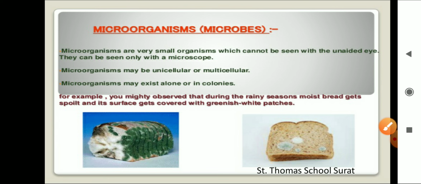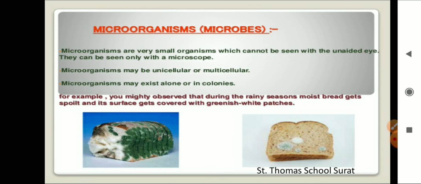For example, you might observe that during the rainy season, moist bread gets spoiled and its surface gets covered with greenish or grayish white patches. Have you seen? कभी देखा है आपने? In a rainy season, the bread gets spoiled, isn't it? What can you see in that? The fungus,